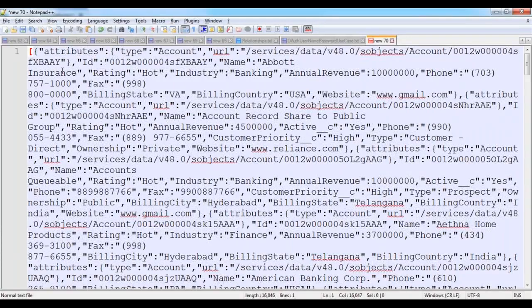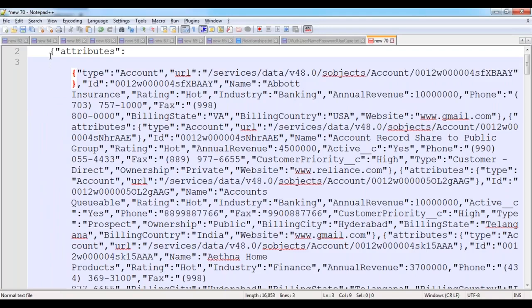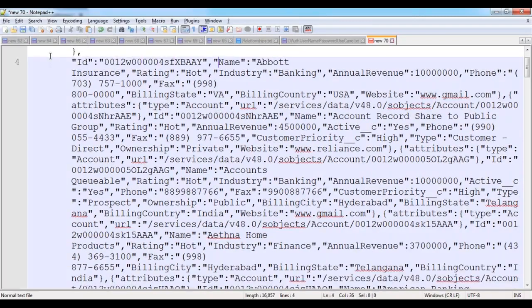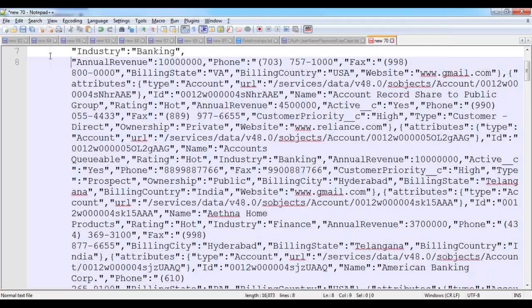But in this case, this is not a new one. This is the same JSON format only. You see, this is an array. Starting is array. Okay, so this is the array because it is having multiple records. The first attribute here is the account record. This is the attribute type account record. So these are the details of this account information: ID value, name value, rating value, industry value, annual revenue, phone number,